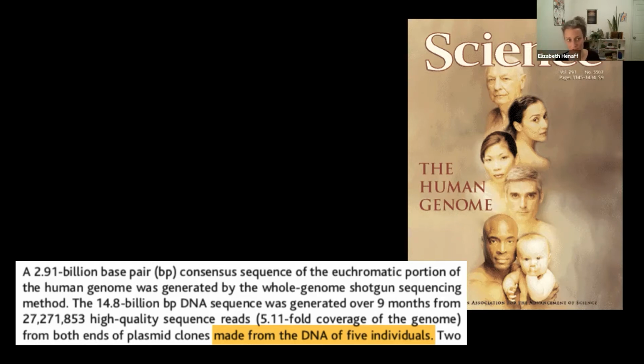This was a genome that was published in 2001, and it was the amalgamation of five different individuals' DNA. And so those individuals were, I believe, three men, two women, one African American, one Hispanic, one Asian American, and two Caucasians. They were chosen as representatives of the human genome. And so even though there was an attempt made at diversity, that is definitely not representative of the breadth of diversity of the human genome.